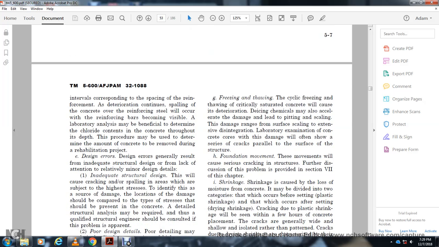This will cover the cracking or swelling of the area with the highest stress, which should be identified as the source of the damage. The location of the damage should be compared with the type of stress that should be present in the concrete. A detailed structural analysis may be required, and a qualified structural engineer should be consulted if the problem is